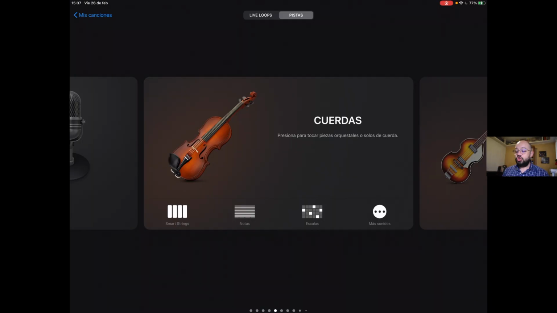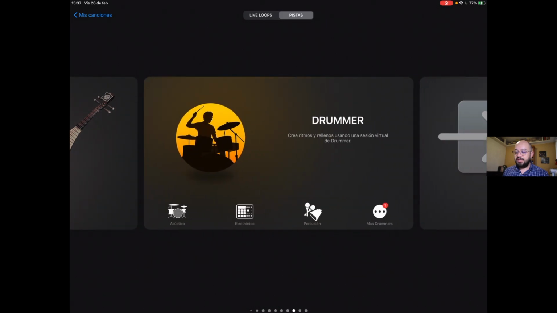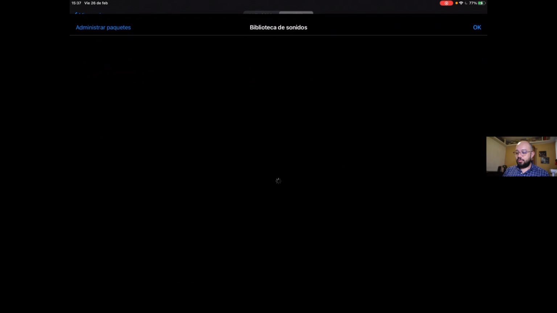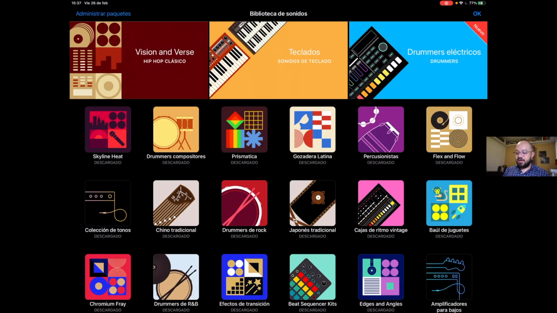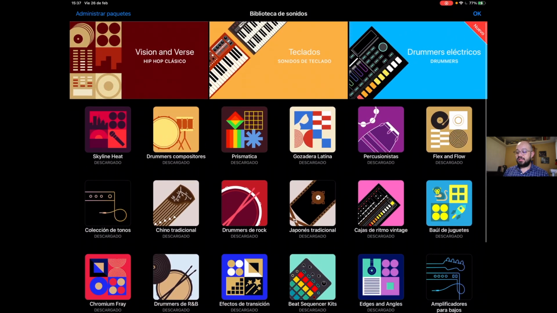It is very important that you update GarageBand to its latest version, and also that you download every single sound library. How do we do it? Well, here's the way. You need to scroll all the way until you find Sound Library. Tap on it to open it, and there you will see all of the sound collection that GarageBand has to